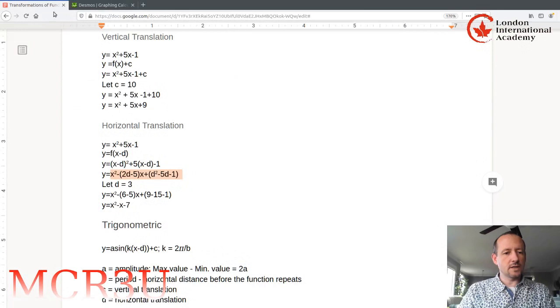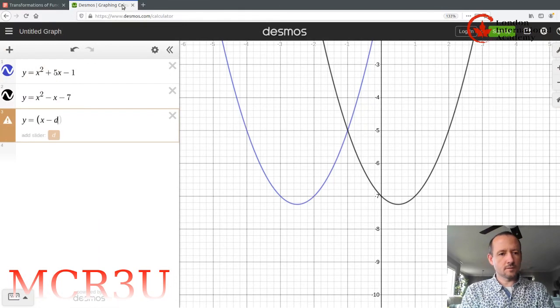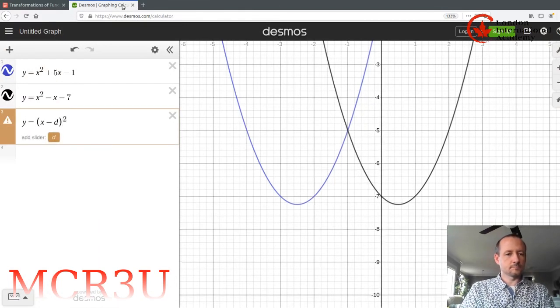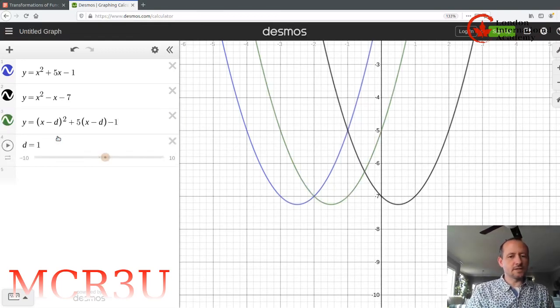So it's going to be x squared, x minus d squared, okay, I didn't simplify it, but I put a slider d in here, and there's d equals 1,